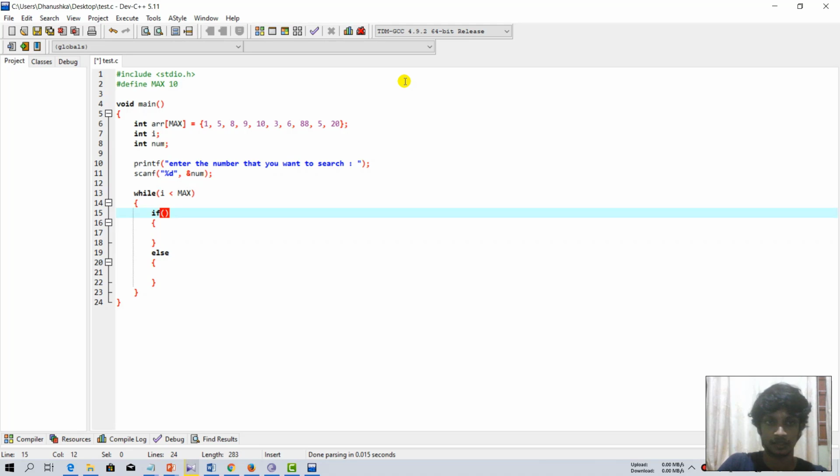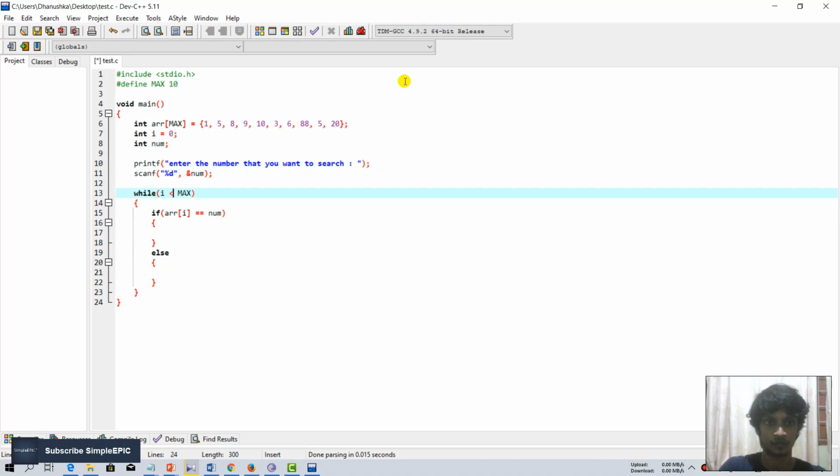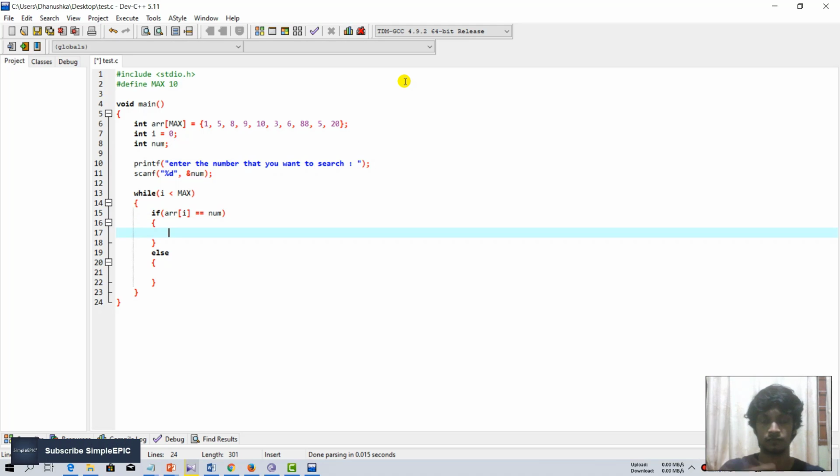And the if statement will be: the num is equal to, or we can say arr[i] equal to num. So first I should check the first index. In order to do that, I'll define the i as 0. So if it is equal to num, which means we have found our element, so we can print